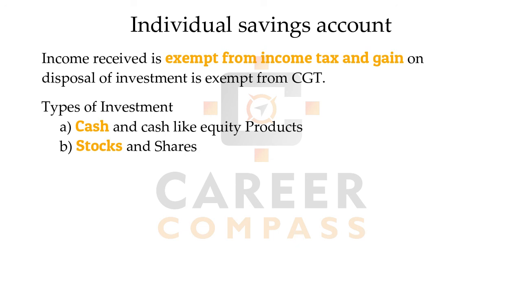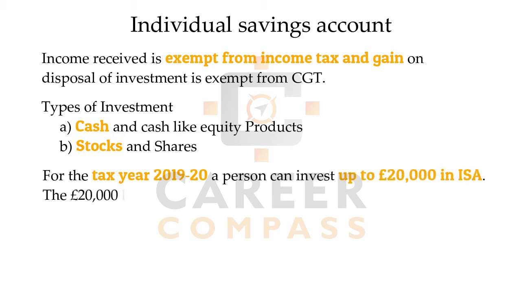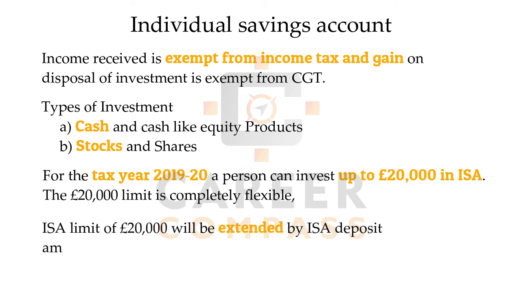For the tax year 2019-20, the ISA investment limit is, students, £20,000. And that limit can be extended by the deposit amount of a deceased person, right? So this is all